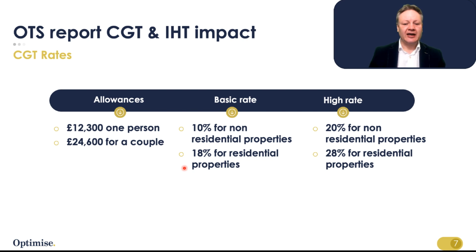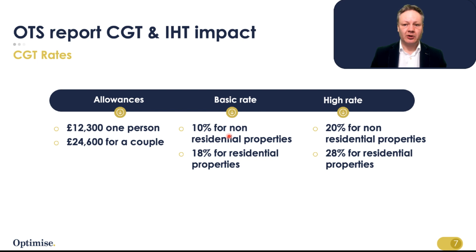So let's have a look at some allowances and rates now. Capital gains tax rates, first of all. We've got the allowances of £12,300, and £24,600 for a couple. So if you sell assets below these values, then you don't have to pay capital gains tax. Whoopee, happy days. You've got a basic rate tax band now, and if you sell an asset, you pay 10%